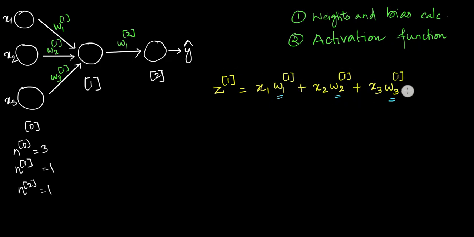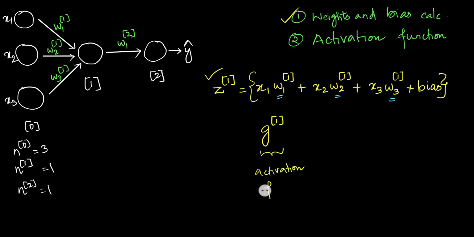After this is done, we'll add a small positive value to this. We'll add one small positive value, which is called the bias. Once we calculate the z value, the first thing is done. Now we need to concentrate on the second one. We need to apply a function called an activation function to the output that we got here, which is basically z1. So inside z1 we need to apply some activation function. We are going to apply an activation function in this particular neuron, which is in the first layer. That is g of 1. g of 1 indicates that this is an activation function.